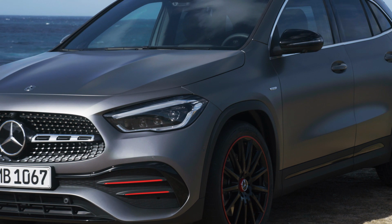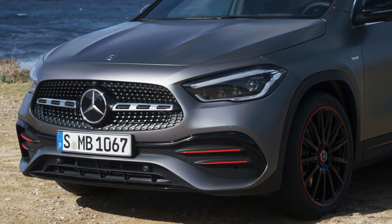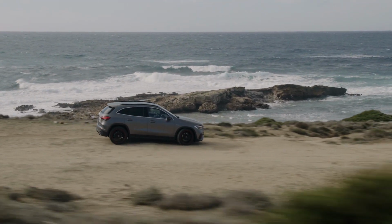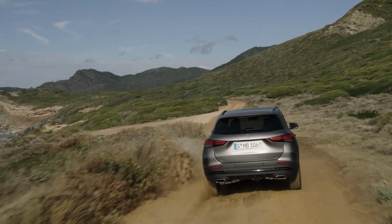Welcome to a first look at the all-new Mercedes GLA. Now this is the second generation model, and it's very interesting that this car actually had its digital premiere. So only digital, and that's why I will tell you the first details with this official footage of Mercedes, and